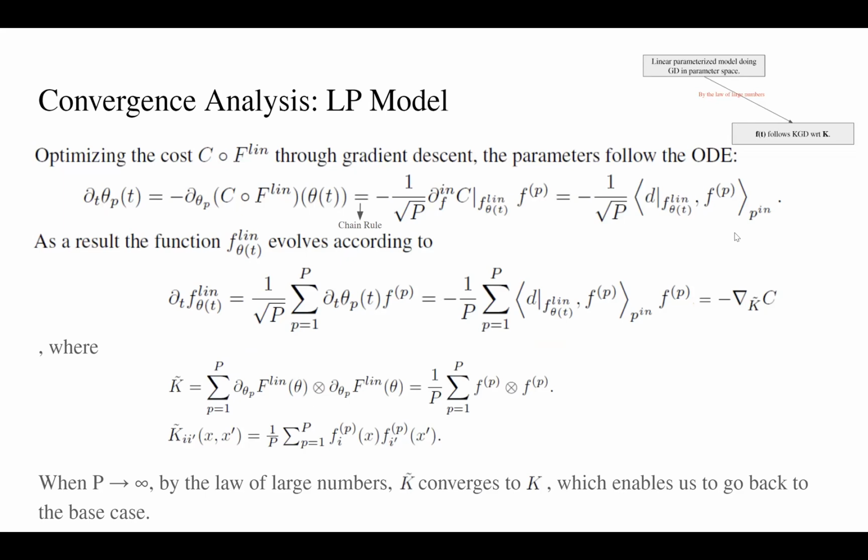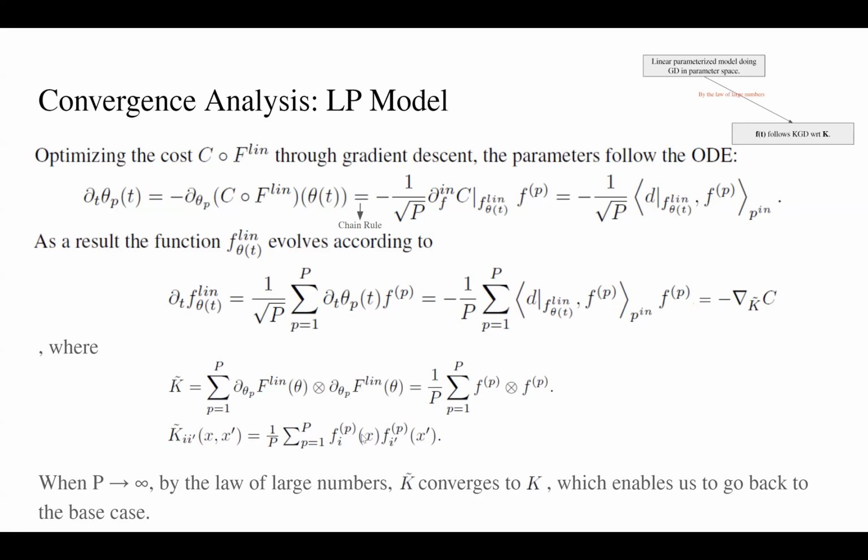So as a result, the function f linear theta_t evolves according to this, which is just the definition, right? Because we know f linear theta_t is just a linear combination of the P randomly selected functions, and the only thing changed is the coefficient here. So the change in f linear theta_t can be expressed as this term here. And finally, we can simplify this to the kernel gradient with respect to the kernel K tilde,